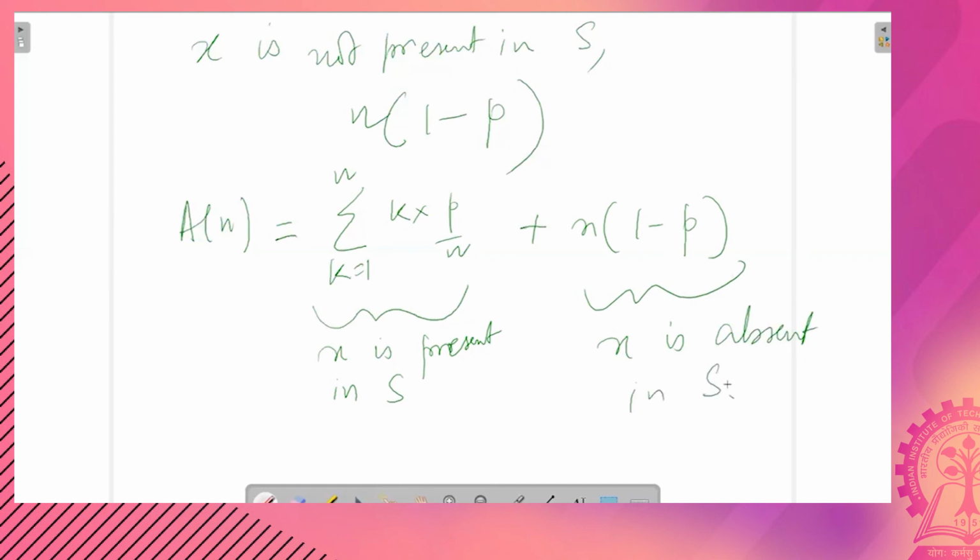So these are the two parts. Now if you do some algebraic manipulation on this, you get that An is equal to n into (1 minus p) by 2 plus p by 2. So this is the general case.